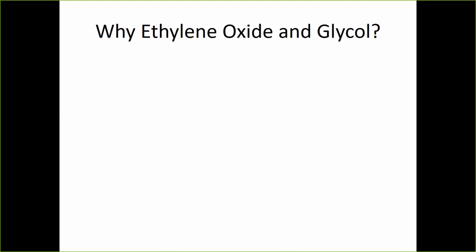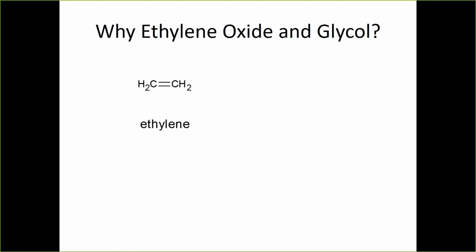Okay, so as I said, why do we even call this ethylene oxide when there's no double bond in it, and you guys have probably heard of ethylene glycol, which also doesn't have a double bond in it, so why do we call it ethylene glycol? And this has to do, again, with historical reasons and having to do with these synthetic pathways for these compounds, and the fact that before we were able to really figure out the structures of compounds, we were able to figure out things like how many units of unsaturation there are, but remember, a unit of unsaturation can either be a double bond or a ring, and initially people weren't always able to tell the difference. Is it because of a ring or because of a double bond?